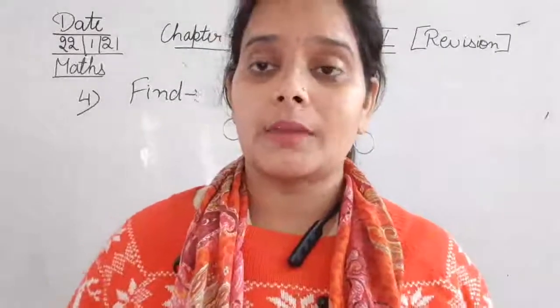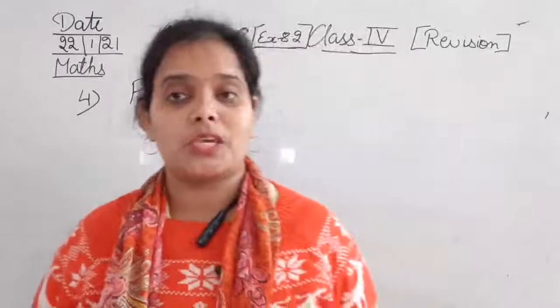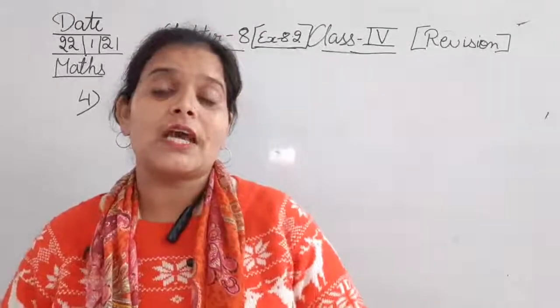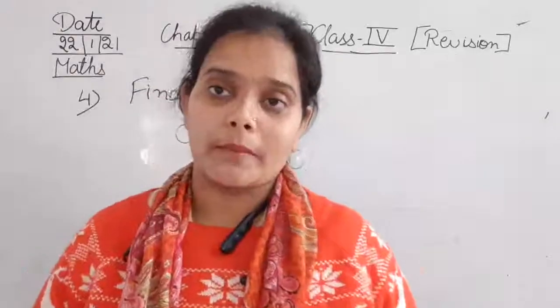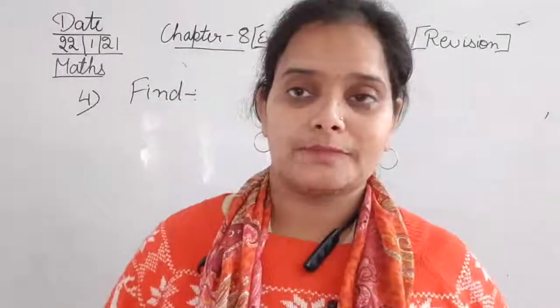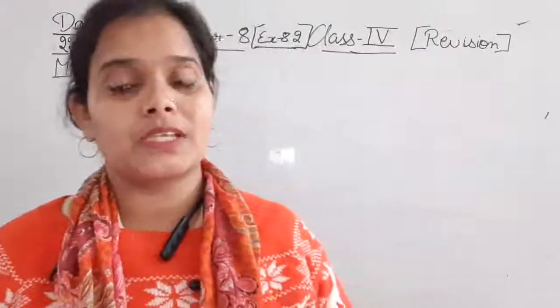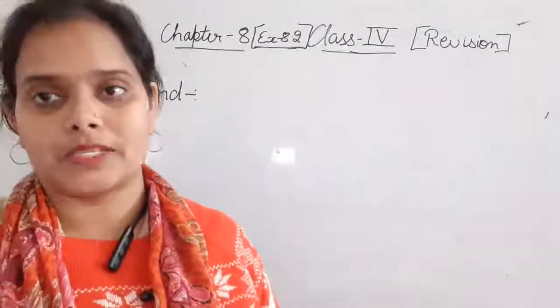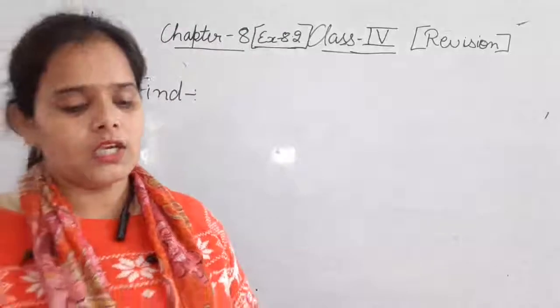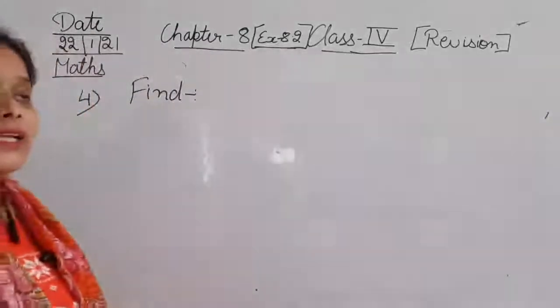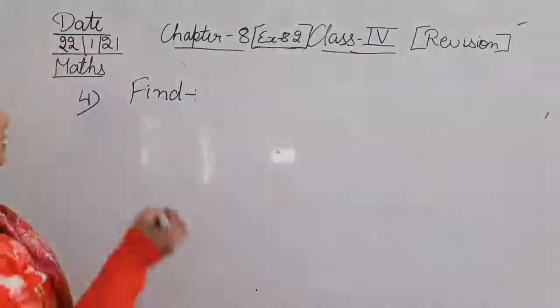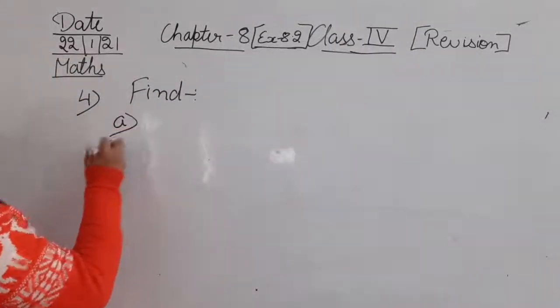हमें क्या करना है, हमें जो नंबर्स फ्रैक्शन दी हुई है उसका हमें नंबर फाइंड आउट करना है कि दैट इफ यू आर गोइंग टू रिप्रेजेंट दैट फ्रैक्शन इनटू नंबर, सो व्हाट विल बी द नंबर. Okay, so now we are going to represent the given fractions into numbers. ठीक है, तो देखिए, और you can find that of a number equal to the fraction, आप ये बोल सकते हैं. Starting with the A part.